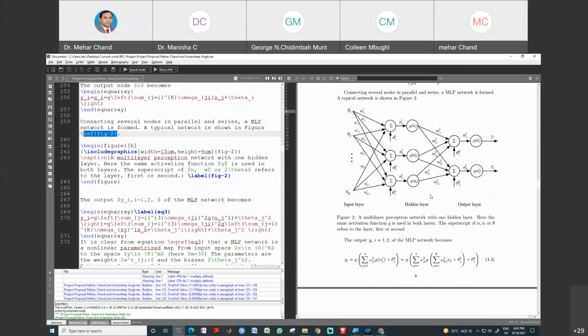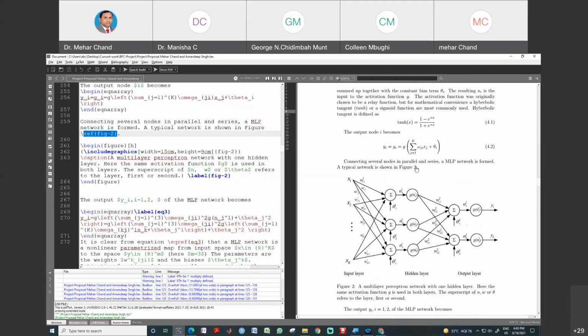So you can see on the right hand side, this is figure 2, and the label you can see below the equation number 4.2, figure 2. These numberings will be assigned automatically with the help of labels which we assign to the figure, but we need not worry about which number will appear for the figure.